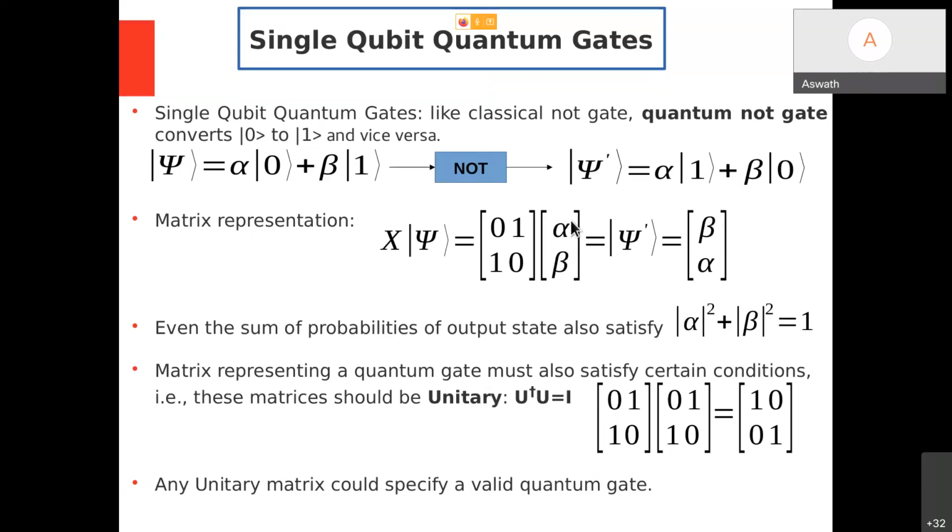So what is a possible matrix operation? It is the matrix 0 1 1 0. It's a 2 by 2 matrix. With the trial and error method, you can guess it. So this matrix would correspond to a NOT operation here.